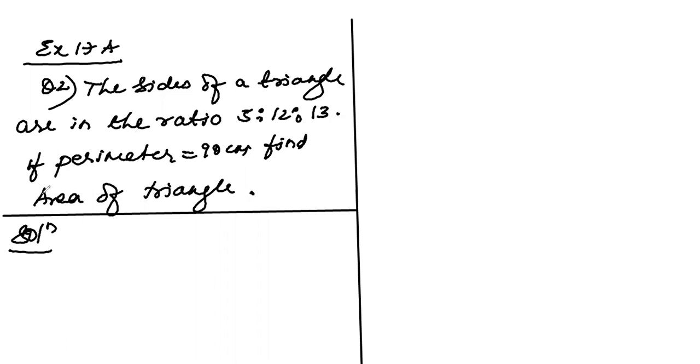So children, since the ratio of the sides is given and the perimeter is given, this will help me find each actual side. And if all three sides are known, how will we find the area of the triangle? By Heron's formula. So how do we go about it? First line, I will say: sides of a triangle are in the ratio